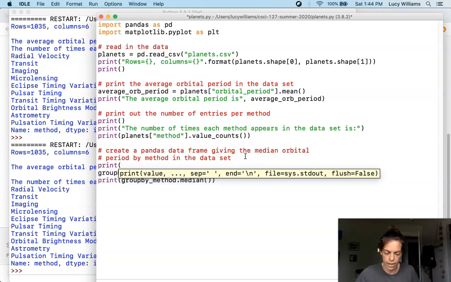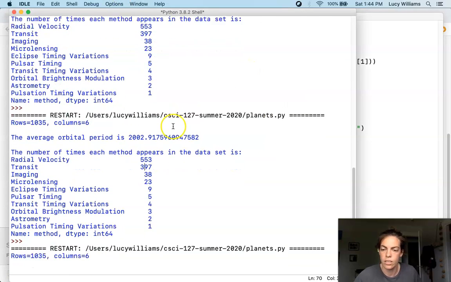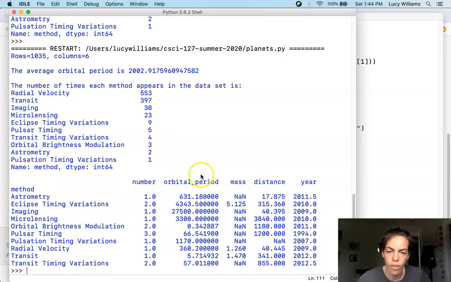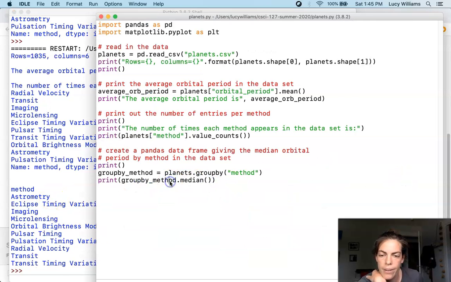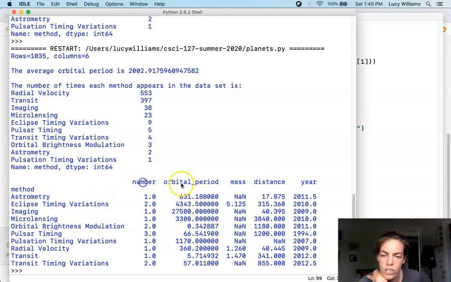And let's print another blank line for ourselves just to make it easier to see. And now we see, what has this given us? Well, we see for each method, so these methods are the same as the methods up here: astrometry, eclipse timing variations, imaging, etc. We're getting the median value for each column. Now, there are some that are not a number here. That's because there are some missing values, which we won't cover, but that's okay. But the important thing is that calling median on our group by object is giving the median for each column,